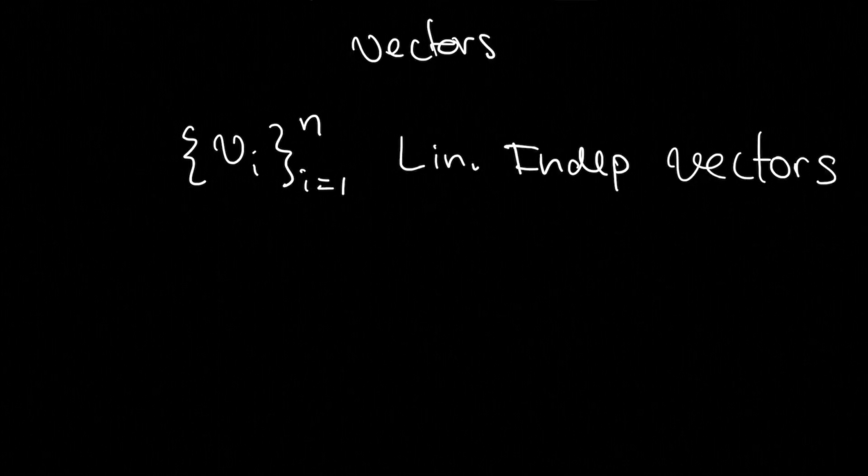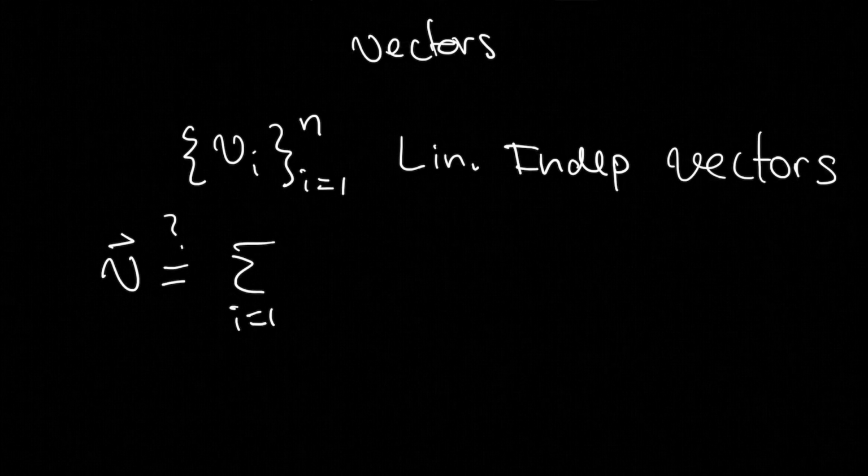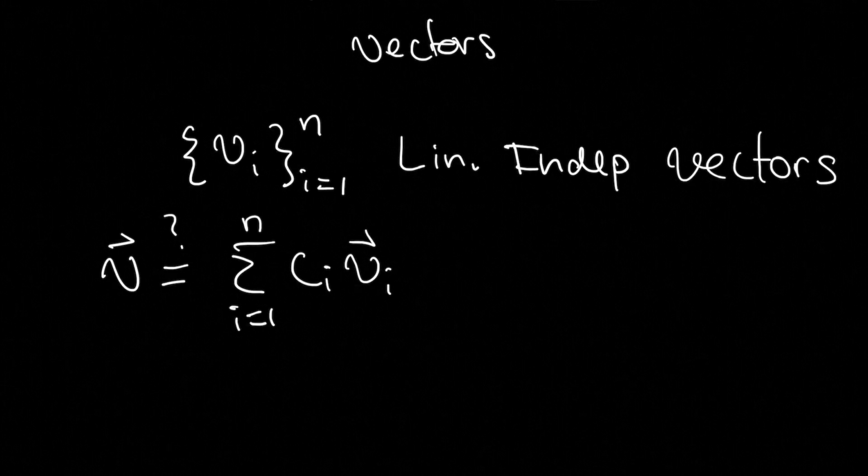We don't know if this is the full set of linearly independent vectors, but what we can do is check vectors from the space and see if they can be written, I'll put a question mark, as a linear combination of these vectors. If all of the vectors that we want to check can be written in this way, then we would say that this set of vectors does span the space,